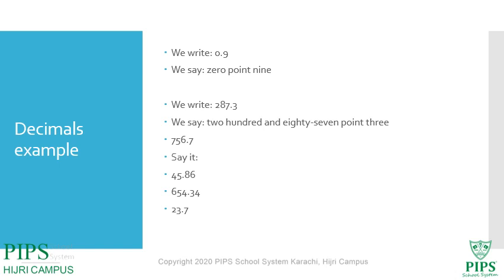Now here are a few examples in front of you in digit values. You have to write them and speak how we will pronounce them. For example, 45.86 is a digit value. Now, how do we say this in decimal? 45.86. Yes, after the point, we will read digits separately. Not like eighty-six, we will say eight six.